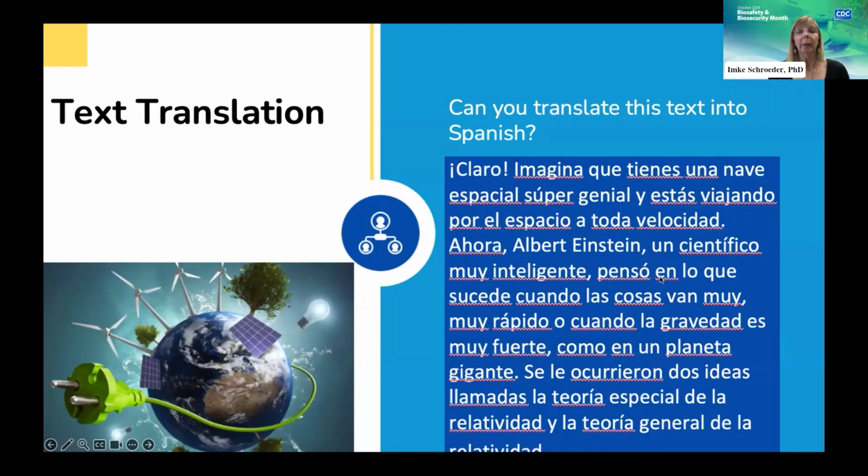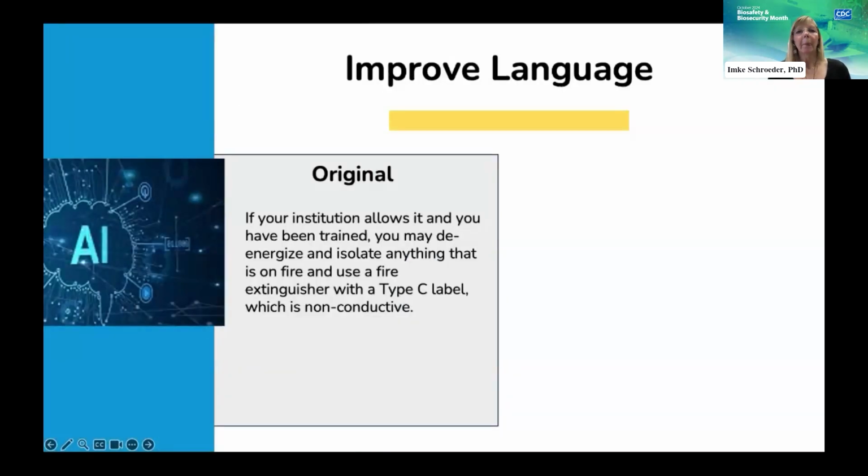This is especially important if you want to translate text into any of the Asian languages. So pretty much all the chatbots can be used to improve language.